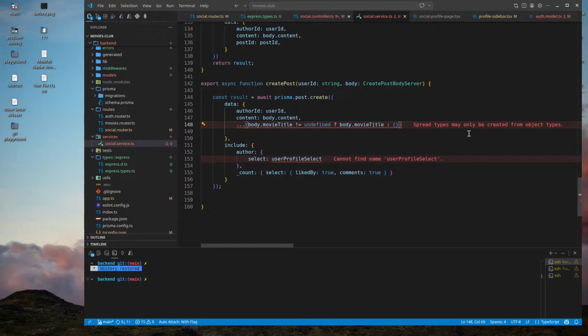Spread types may only be created. Wow, man, what's going on? Body dot movie title is not equal to undefined. Yeah, it could be null. It could be null. I could spread the whole body.